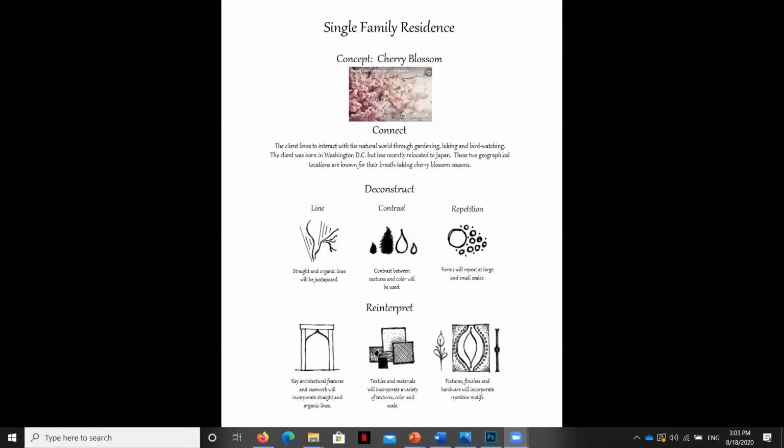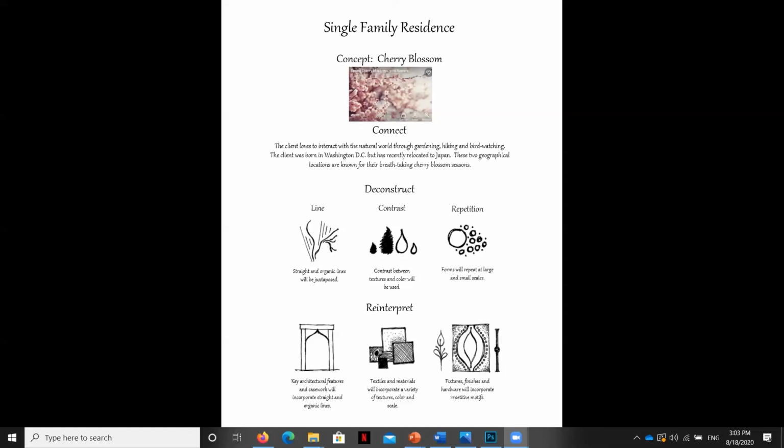I'm showing you here an example of this beautiful floral themed organic sconce, a very simple sketch of what might be a rug, and then to the right of that, a handle, a puller handle that we might put on a piece of furniture. So you can see here this form is repeating on the small scale and the large scale. And that's showing how we can repeat motifs throughout the space.